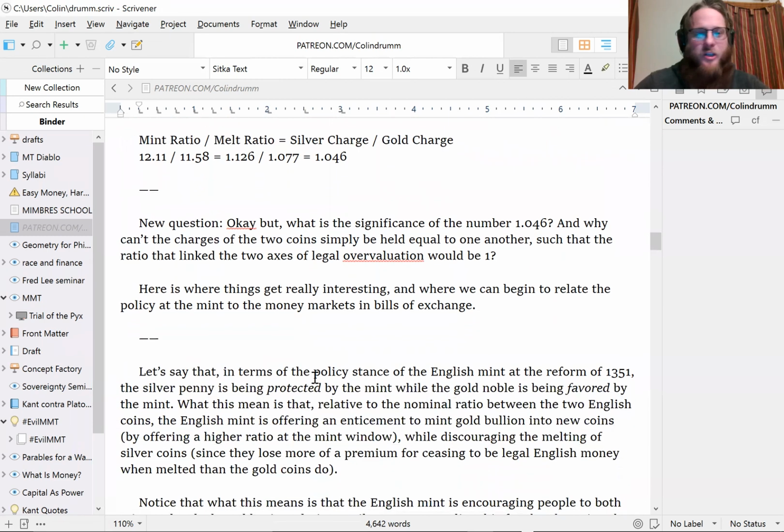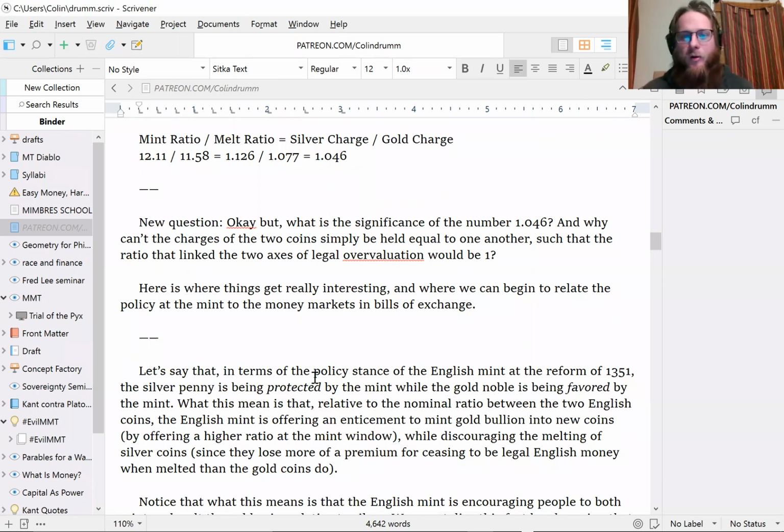Okay, new question. What is the significance of the number 1.046, right? And why can't the charges of the two coins be equal to one another? Wouldn't that make it simpler? And then this number would be 1. Well, this is where things get really interesting,